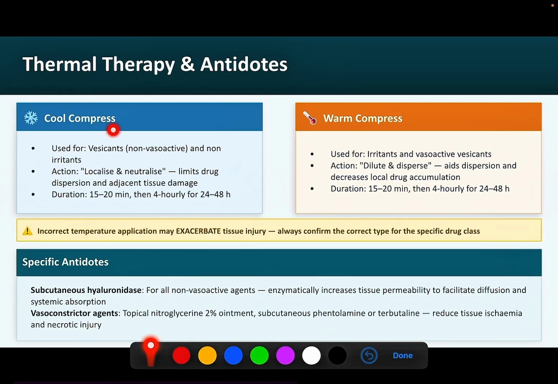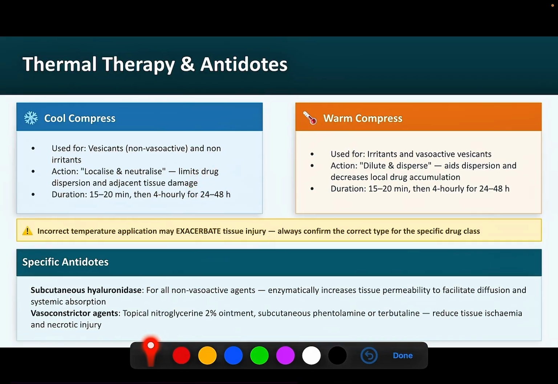So I discussed the cool compression and warm compression, and the drugs that should be given cool compression and warm compression. You can refer to that slide again. The cool compression is used for non-vasoactive vesicants and non-irritants. The idea is we are trying to localize and neutralize the agent and limit the dispersion to adjacent tissue, causing adjacent tissue damage. We can use cold compression initially for 15 to 20 minutes and then 4 hourly for 24